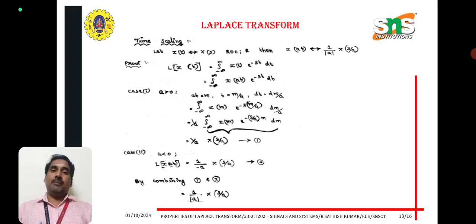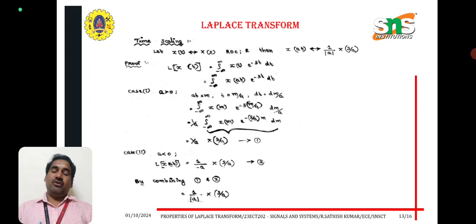Next one, time scaling property. If x of t and X of s are a Laplace transform pair, then x of at is equal to 1 by modulus of a into capital X of s by a. Substitute in the Laplace transform formula: at is equal to m, t is equal to m by a, dt is equal to dm by a. Substitute in the above equation, and we get 1 by a into capital X of s by a